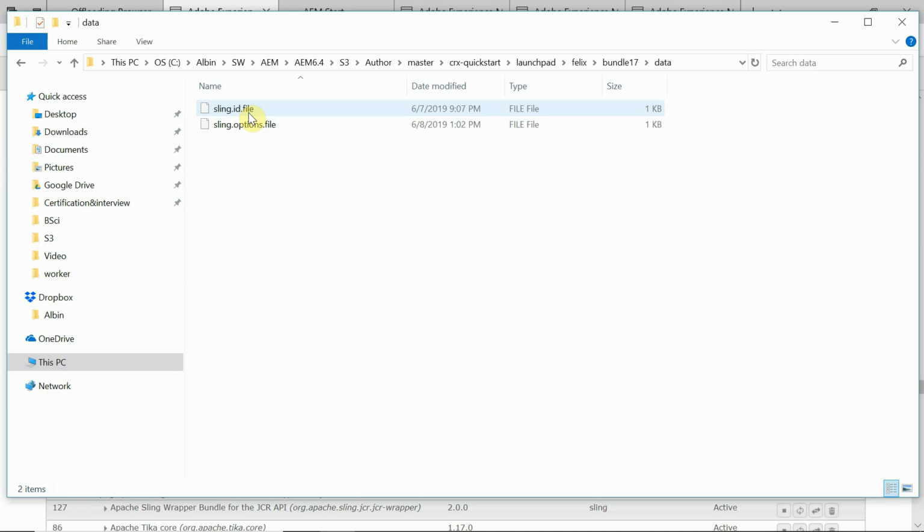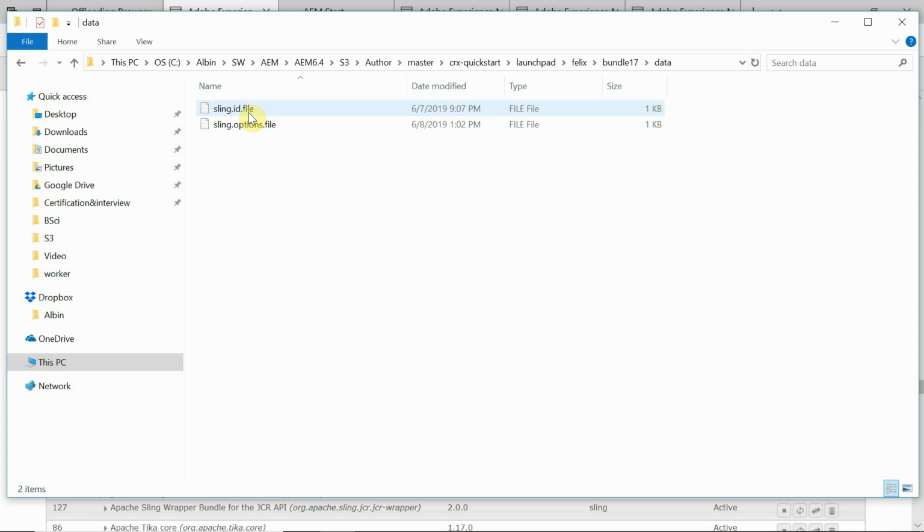Handling large asset files and running workflows in AEM can consume considerable CPU, memory and IO resources. Offloading this asset processing to a dedicated worker instance provides a better authoring experience. Also, one more thing is Adobe recommends having a shared data store with master and worker instances for enabling the offloading, but it will still work even if you do not have the shared data store, though it is recommended to have that.